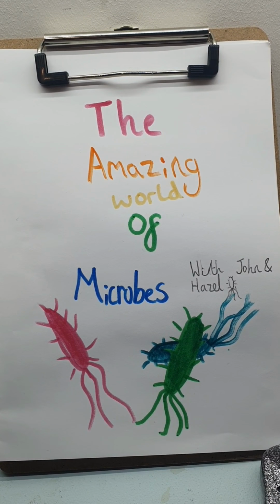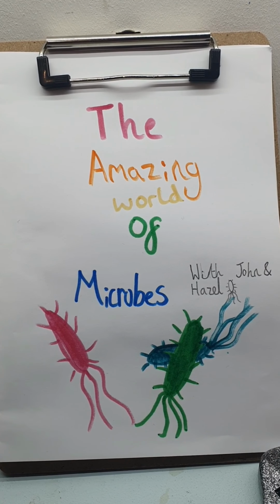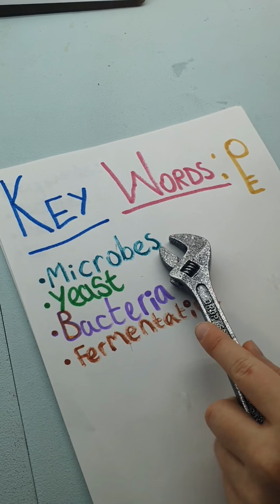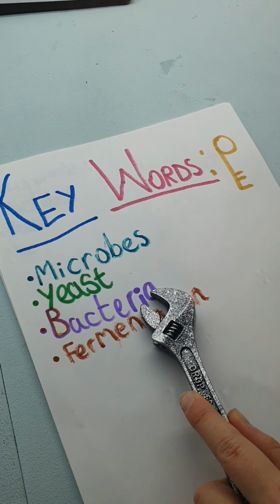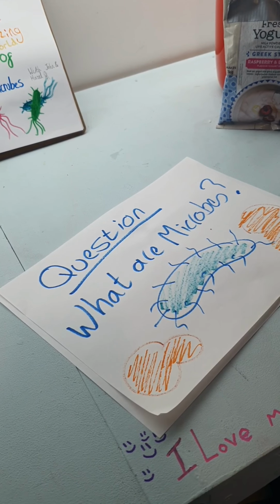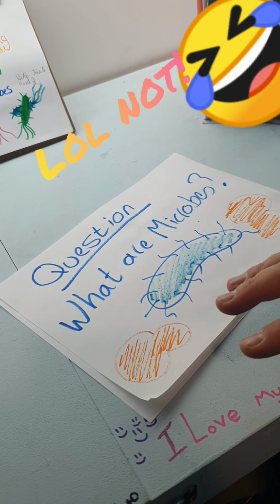Today on Science we are looking at the amazing world of microbes. Today's key words are microbes, yeast, bacteria and fermentation. What are microbes? Now, I've drawn some beautiful diagrams here of the two microbes that we're going to have a